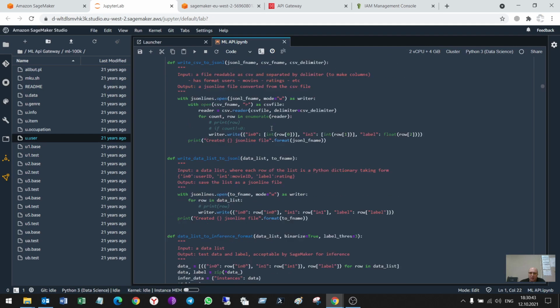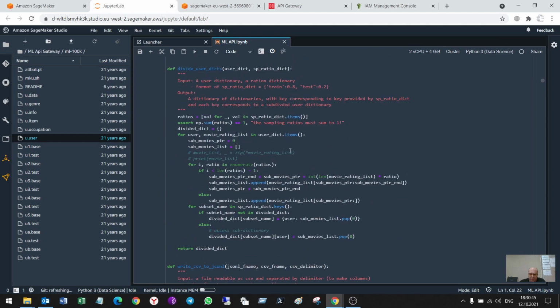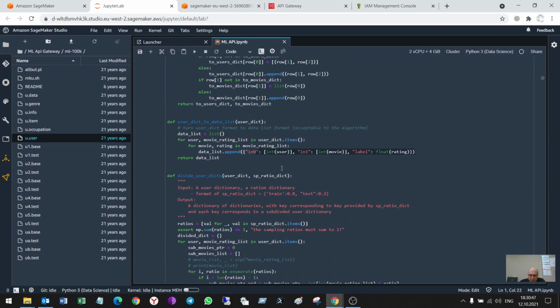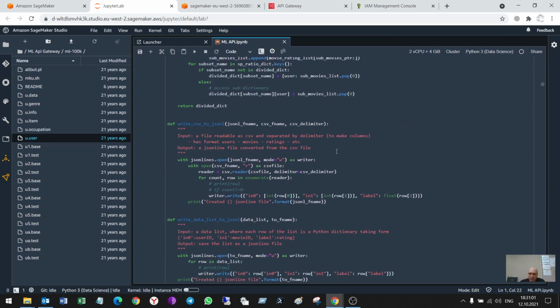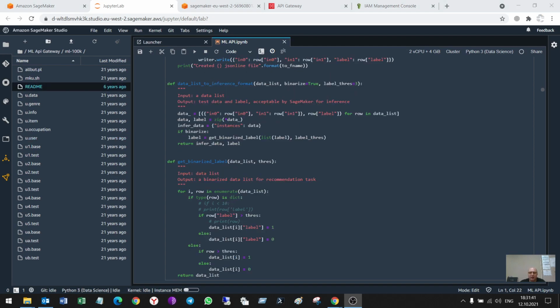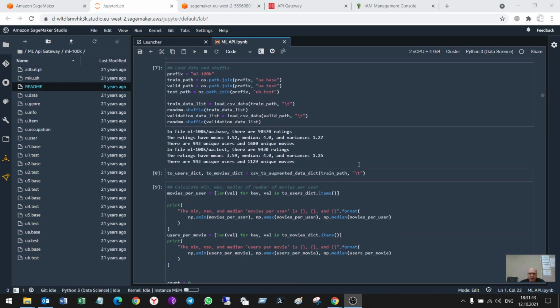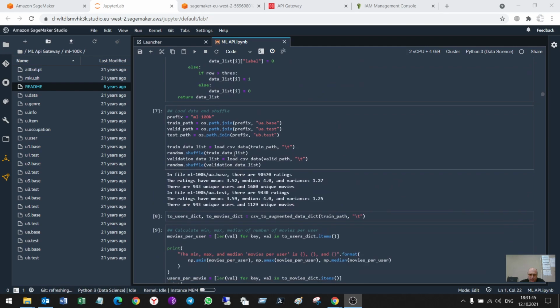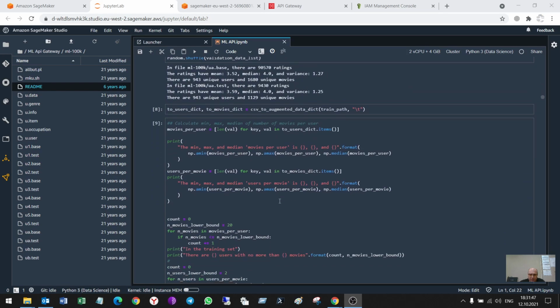The parameters with which we shall work are user and movie, and we shall get back the rating. So some data engineering,